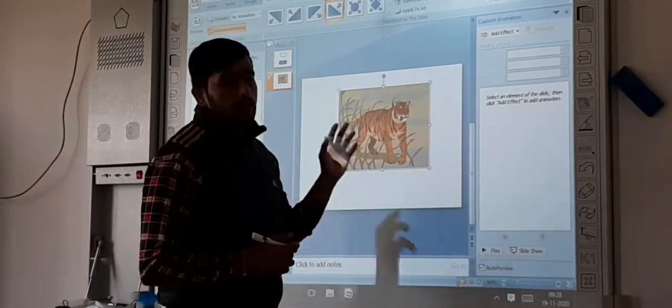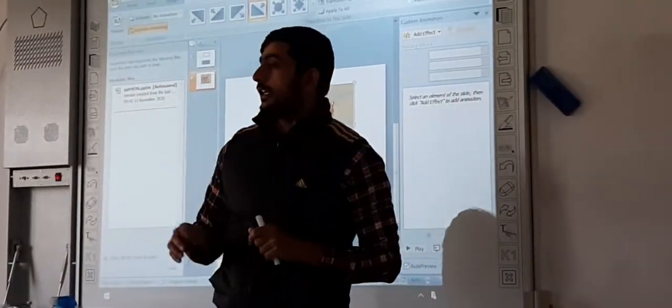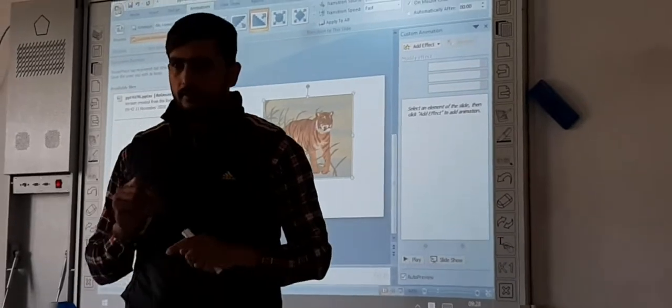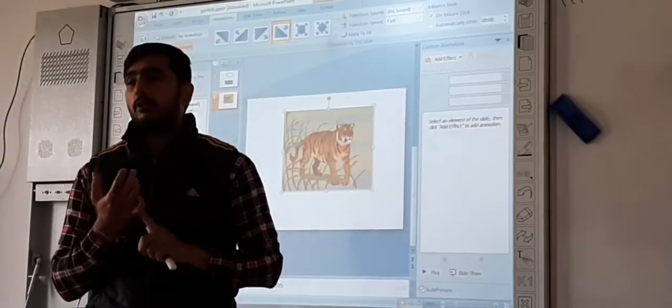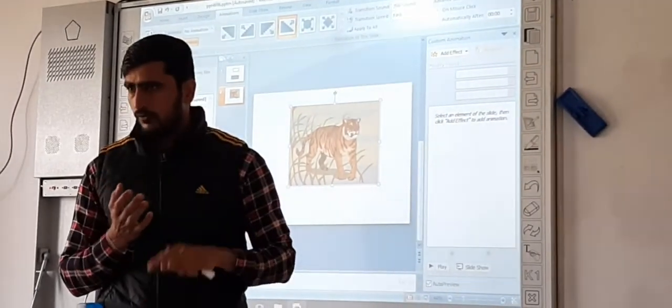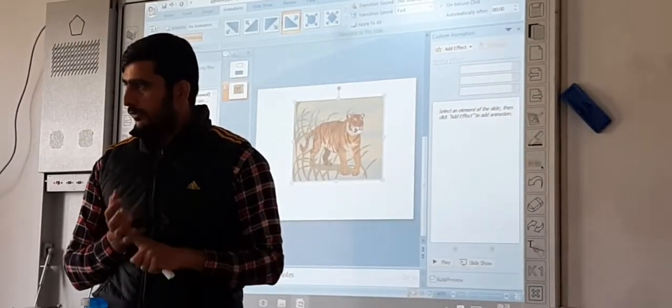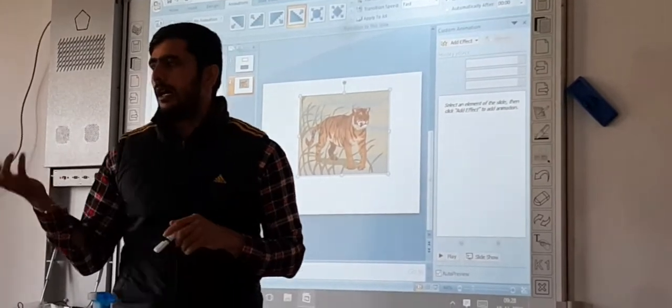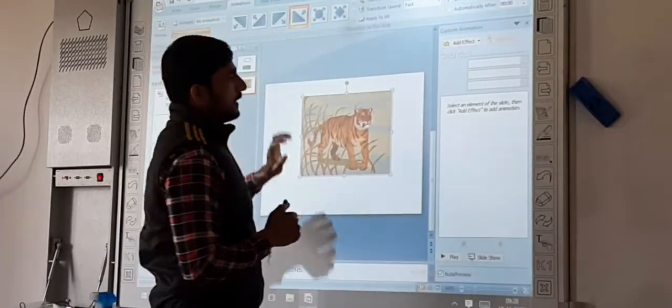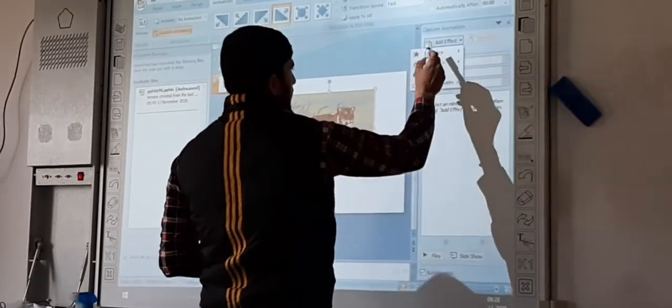Now, if I want to apply an effect only to particular things, maybe a photo, text, clip art, videos, and other things, it can be done in a single mode.